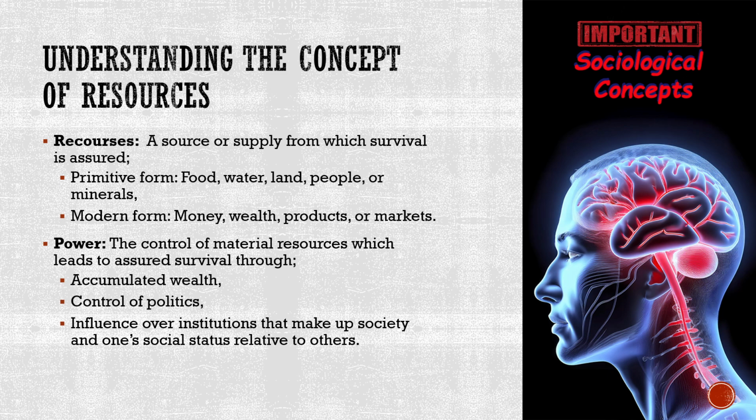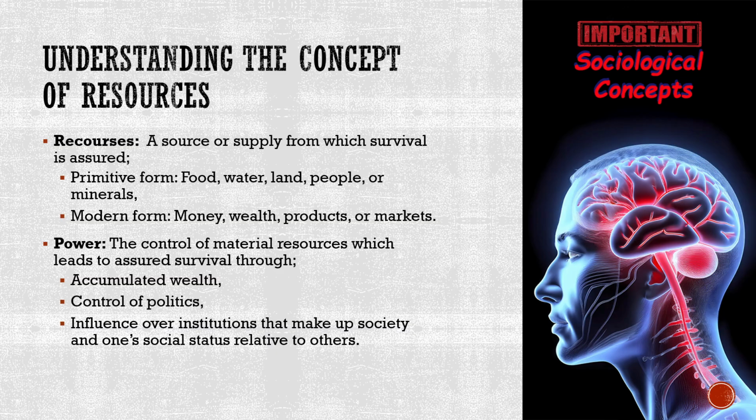In the modern form, which you're going to learn about in this course, how we go from the primitive to the modern, it equates to money, wealth, products, or the markets that help drive an economy. Keep in mind, once we move into the Industrial Revolution, if you want access to food and water, land, you had to have money. So that's why now all of a sudden we're moving away from a primitive form to the modern form. They still relate to each other,